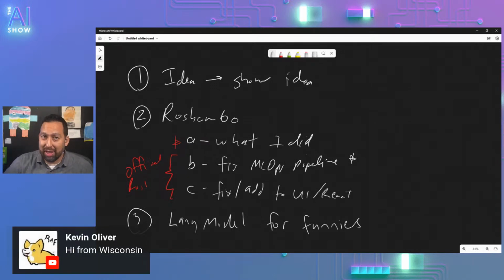Wisconsin, delightful place. I used to go there all the time. In fact, there's a conference called That Conference. I had to give it the extra chutzpah. That Conference, which I went to every year. I had gone to every one of them except for like one of them since its inception.